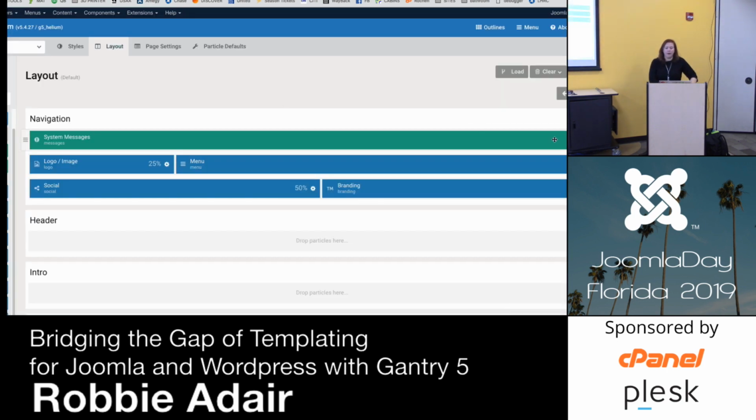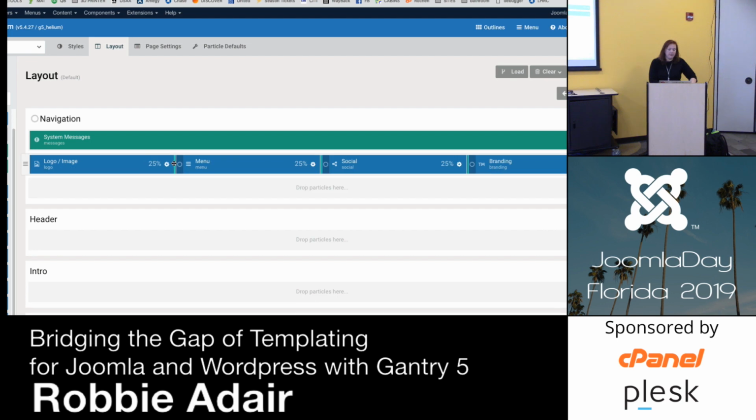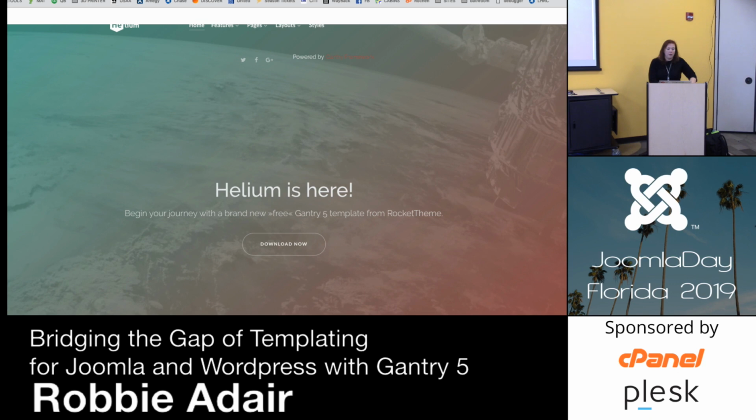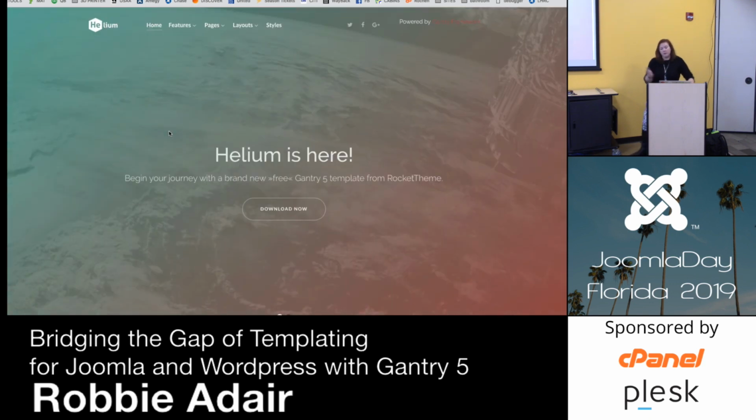I've got an issue with the CSS is not set for that height in there yet. But I can move these things around, and I can make them different sizes. So I'm going to make my logo very small here, and I'm going to give my menu a little more space. I don't need much space for those social icons, and then my branding is going to be that much. And you'll see I can put all those up there. So it makes it very fast for you to spin up little areas in here.